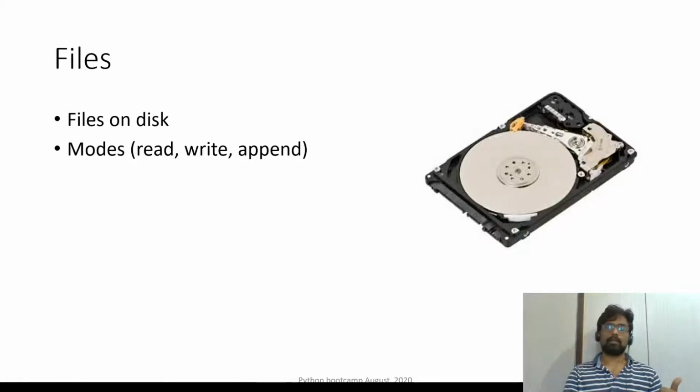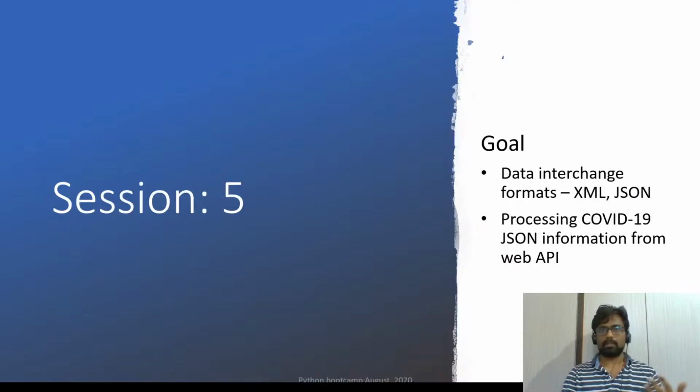And then you can open it in read mode, write mode, append mode, and things like that. By default, the Python open function supports text files. So that is why you cannot open an Excel sheet and just dump it, because programs don't know how to interpret that. So that is why you need to use libraries. Okay, those are the key points.